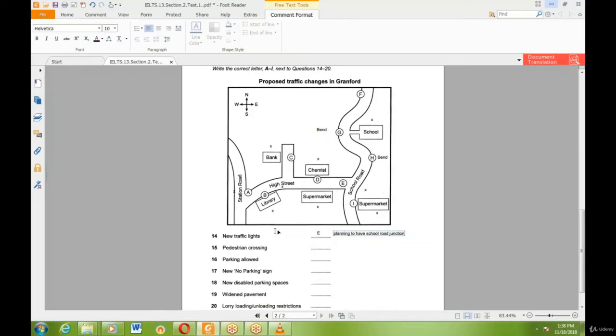Now, let me point out something to you, what they did with number 14 in terms of how some people got it wrong. In the very beginning, they said already have at Station Road. Now, if they said they already have it at Station Road, that means it's not new. Some people tried to put A as an answer choice, but they said they already have it at Station Road. So you have to keep in mind what language means the same as new. Now, number 15, answer, please.